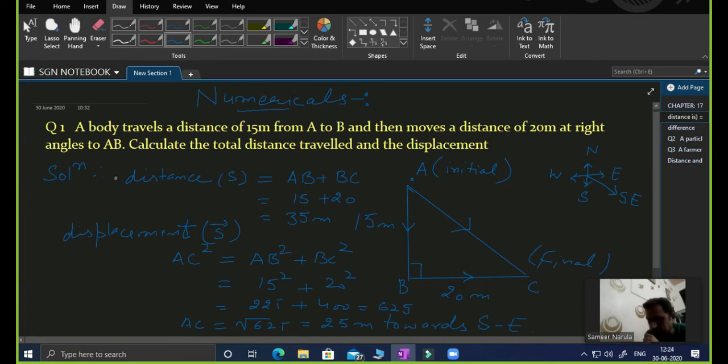Displacement is completely defined. First we defined the distance, second we defined the displacement. With the help of the numerical, we made out the difference between the distance and displacement. Displacement is nothing else than the shorter distance, and the direction is very important because it's a vector quantity. Distance is a scalar quantity; it is the actual path. We also concluded from the discussion that the displacement can never be more than your distance. Now we move on to the next numerical.